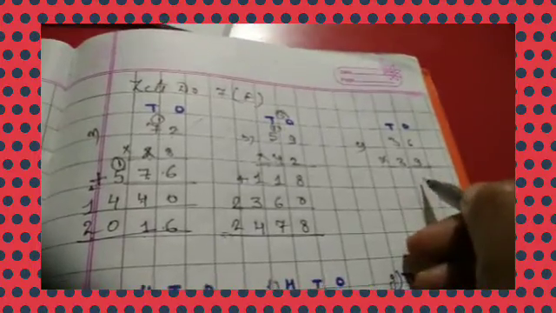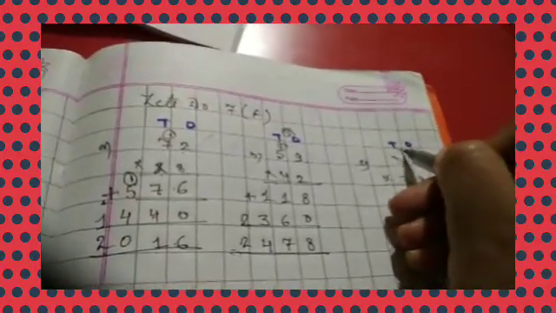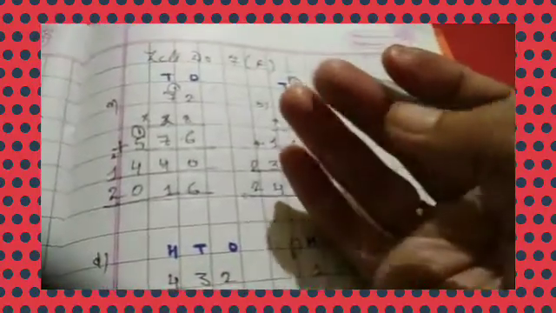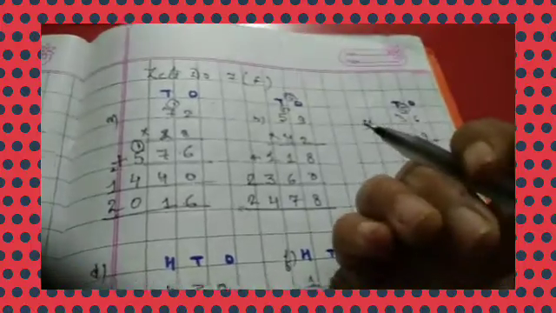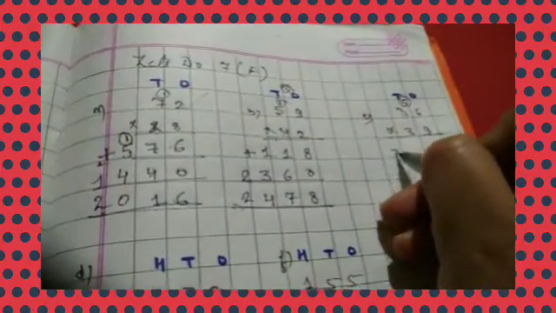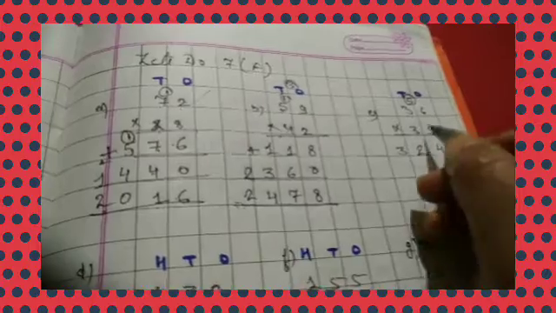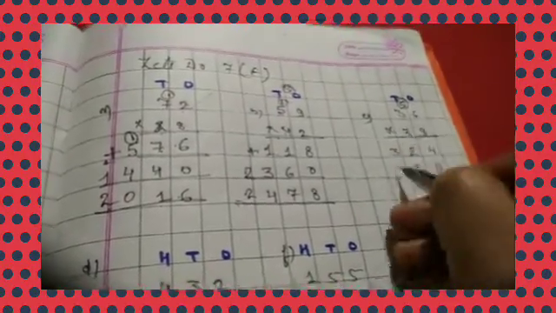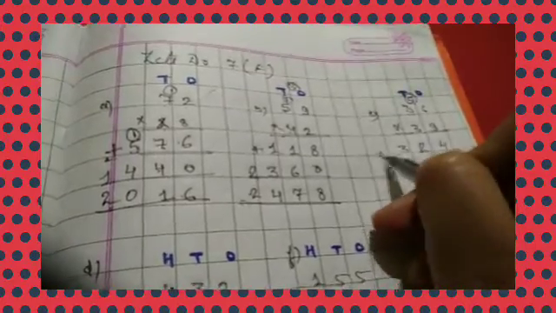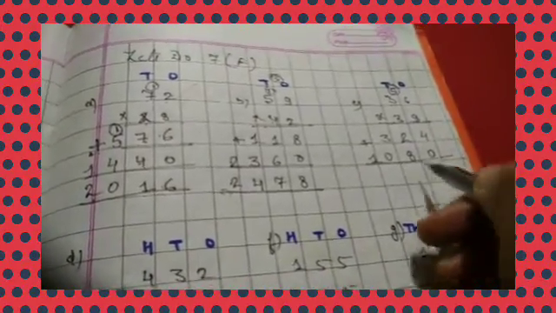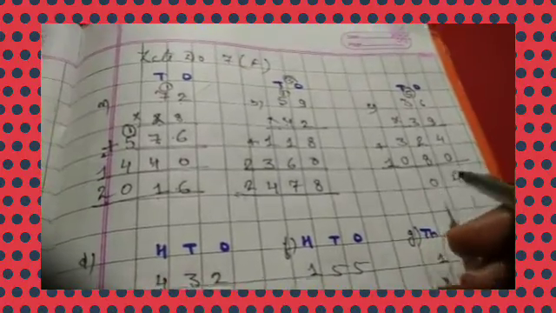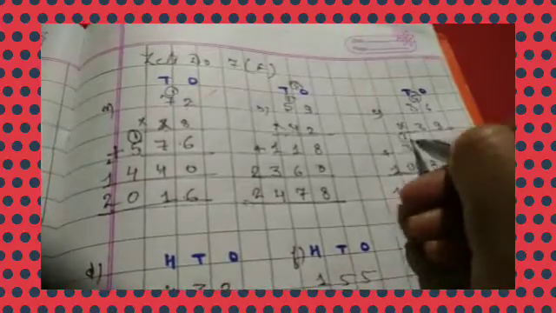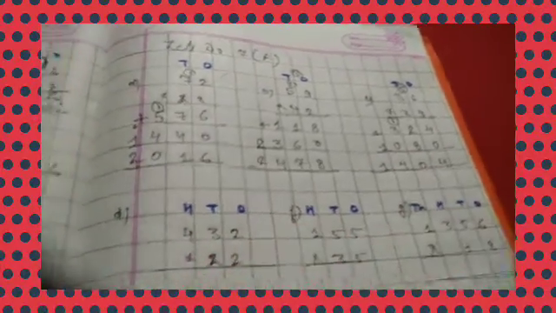Now part C, 36 into 39. 9 6s are 54. 4 carry 5. 9 threes are 27, 28, 29, 30, 31, 32. So 32 is there. Put a cross or 0. 3 6s are 18, 8 carry 1, 3 threes are 9 and 1 is 10. Now add this up. 4, 8 and 2 is 10, 0 carry 1, 3 and 1 is 4 and 1. Okay, so answer is 14,004.